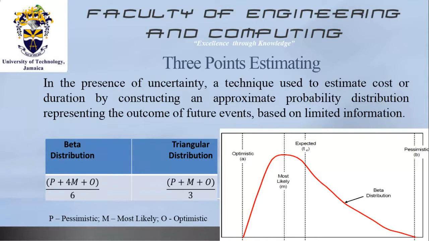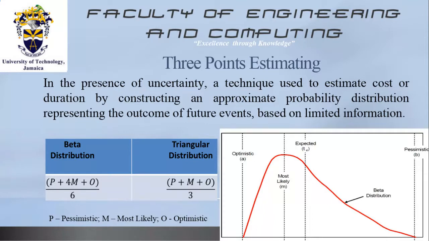There is what is referred to as the beta distribution, and this is given by a formula: P plus 4M plus O, divided by 6, where P is your most pessimistic